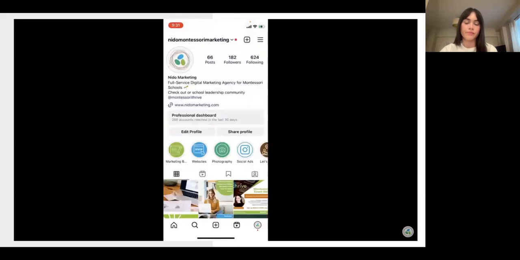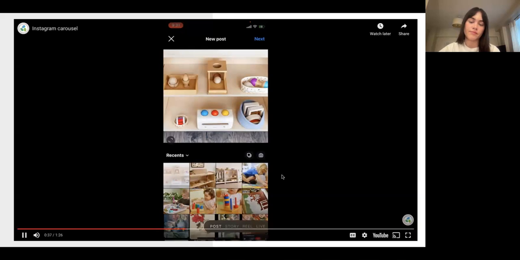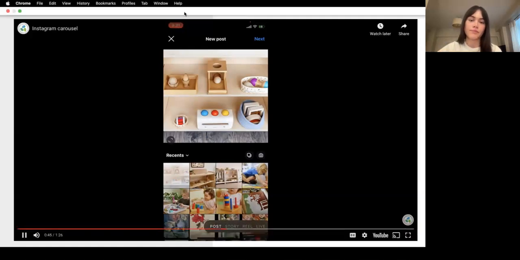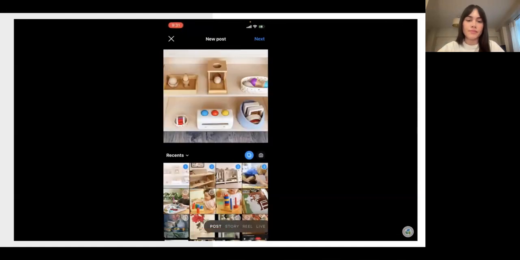It's really easy to do. So if I wanted to do this, I would just go back to that post button. And as I see here, it gives me the options of my images and what I want to post. You see a little circle with a camera and a little circle with the carousel image, which is a little square with another square peeking behind it. If you click on that, you can select the pictures you want and you can change the order around.